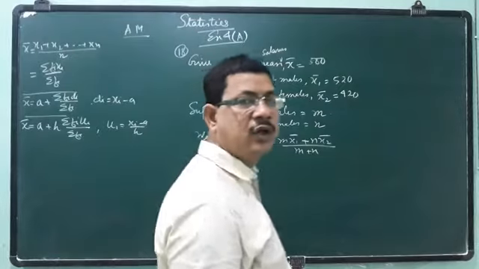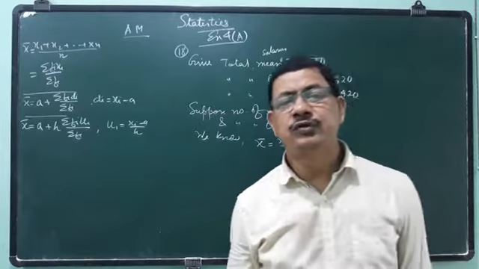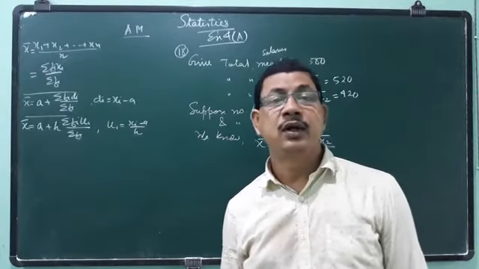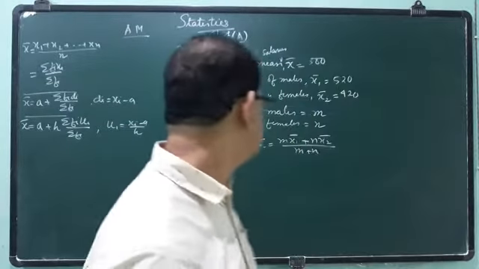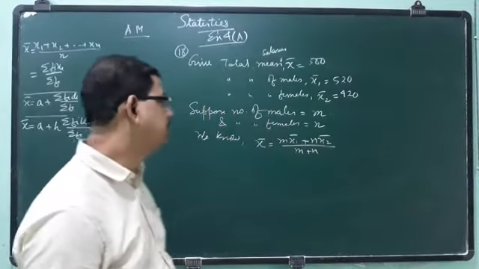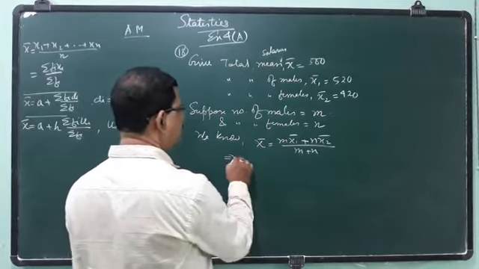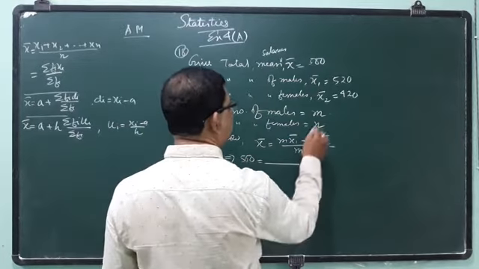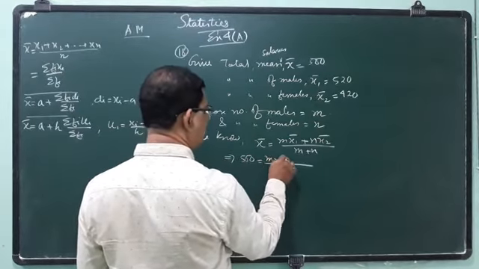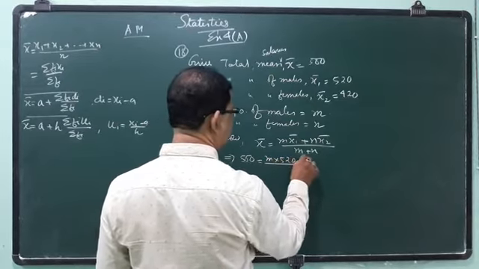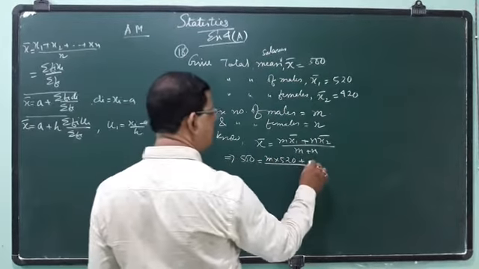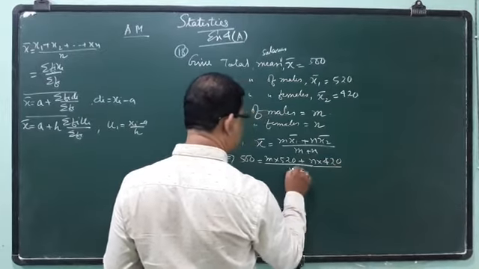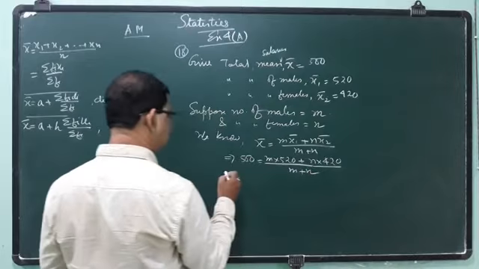That is our formula. If we know the parts' averages x1 and x2, definitely total average x bar we can calculate, and that is the procedure. X bar they have given it is 500, m x1 bar that is m into 520, n x2 bar that is n into 420, divided by m plus n, implies